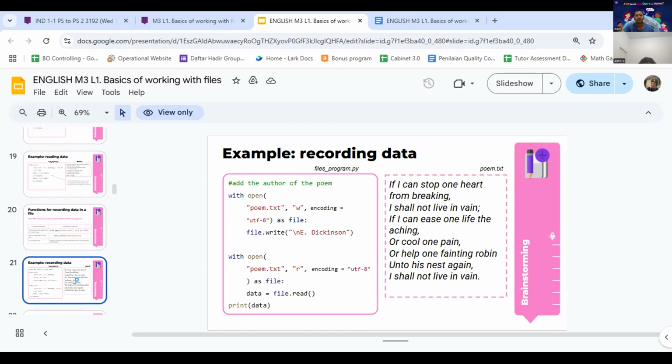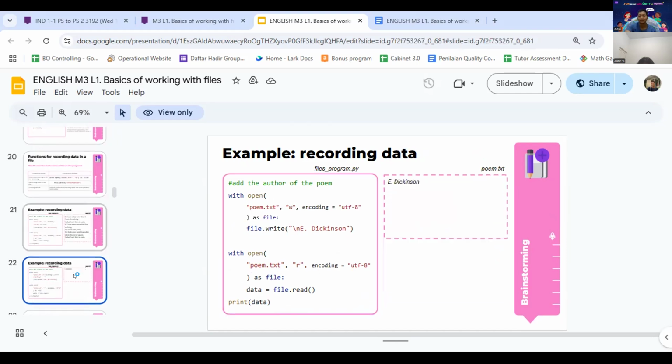Recording data: with open poem.txt, W, encoding, file.write, E Dickinson. Then with open poem.txt, R, for reading data.